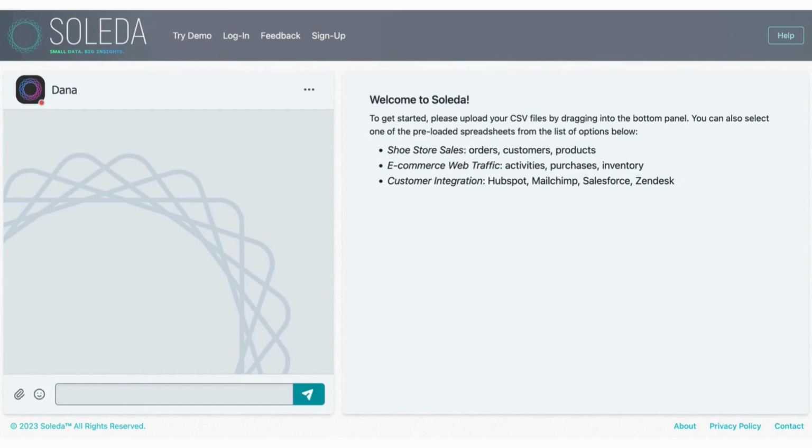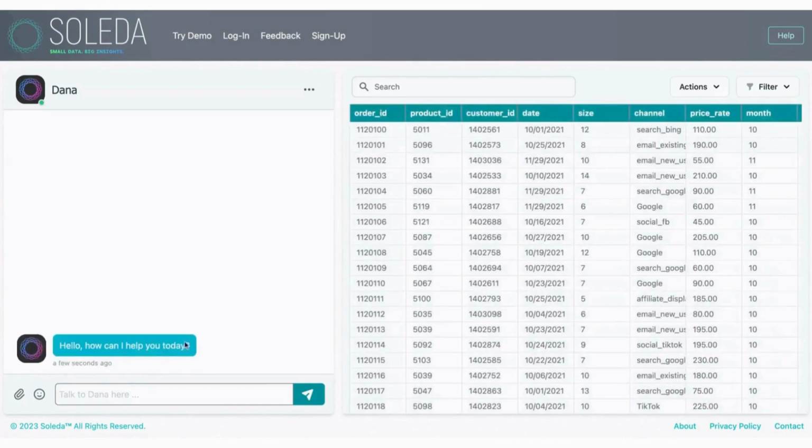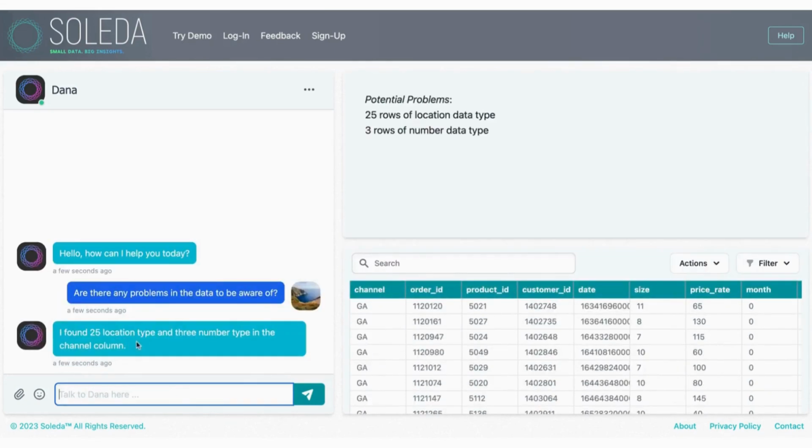Of course, you don't need to wait for Dana to find the problems for you. Let's go ahead and restart this conversation. And this time we will go ahead and take the lead. We can ask something more general, such as, are there any problems in the data to be aware of? And this will then lead to, I found 25 location type and 3 number type in the channel column, which